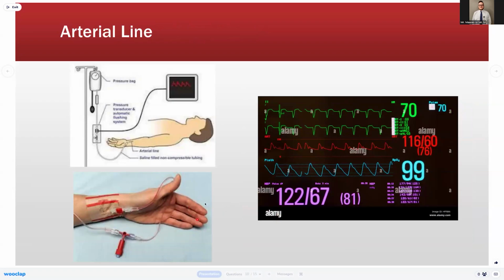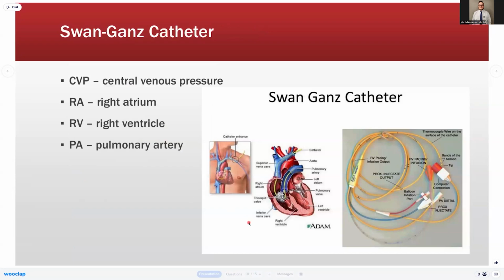So again, arterial line placed in the radial artery, usually hooked up to a pressure bag to maintain the site and keep the pressure at the site specific so that there's no bleeding, and we want to keep the MAP between 70 and 100. Another device that's interesting to make a note of is for critically ill patients that need extreme hemodynamic assessment